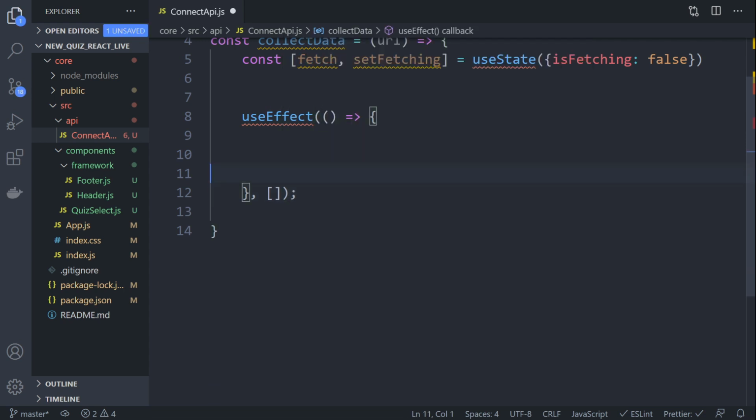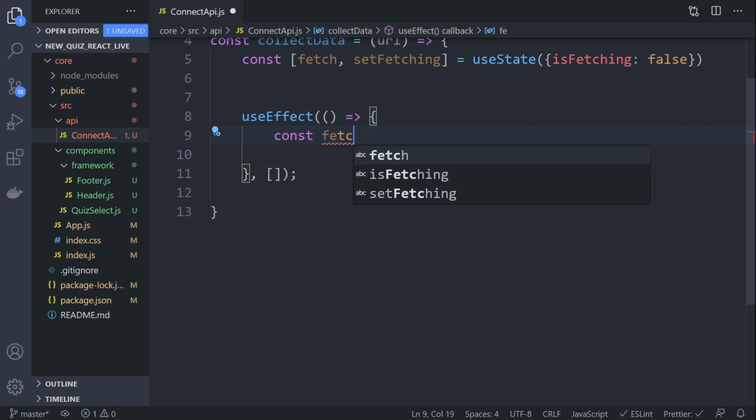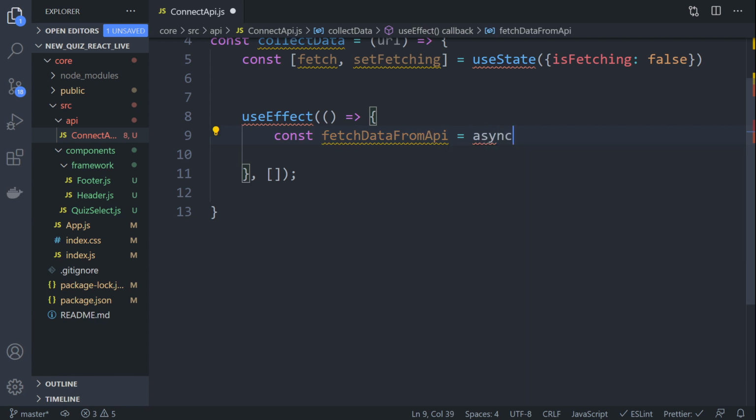Okay, right. So the first thing we're going to do, let's just set up and create a request so we can send some data over. So let's just call this fetch data from API. So this is going to be an async. We're utilizing asynchronous kind of requests. So async, and then